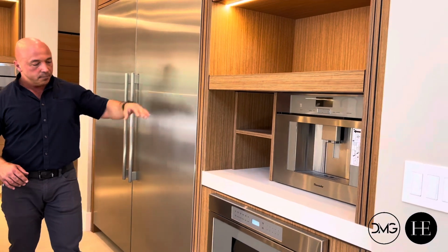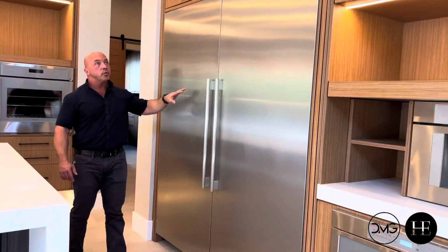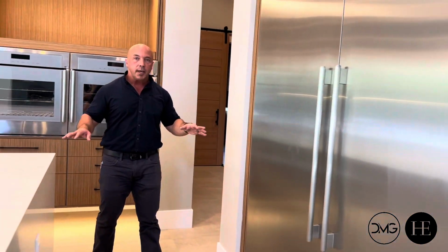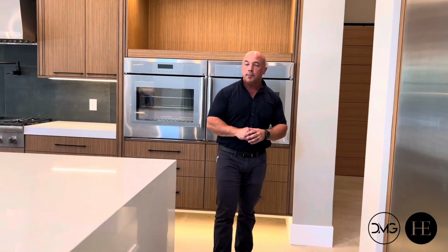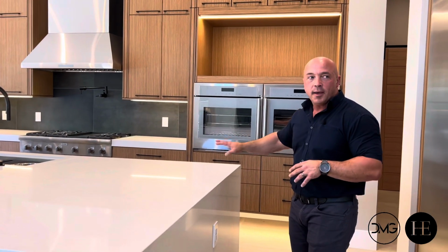Again, more shelves here, pull-out drawer, double fridge, freezer, all Thermador stainless steel appliances all throughout. And the fact that they have appliances is the most amazing thing, because walk into any brand new home right now that's being completed, and usually you're going to see a temporary stove, a temporary microwave. Everything's temporary right now because people are still having a hard time getting appliances. Obviously, this builder was very proactive and thought far ahead and ordered in plenty of time,